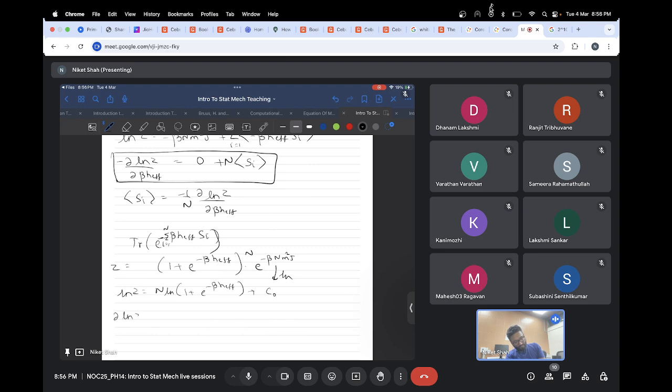Del ln z by del beta h effective is equal to n divided by 1 plus e raised to power minus beta h effective,